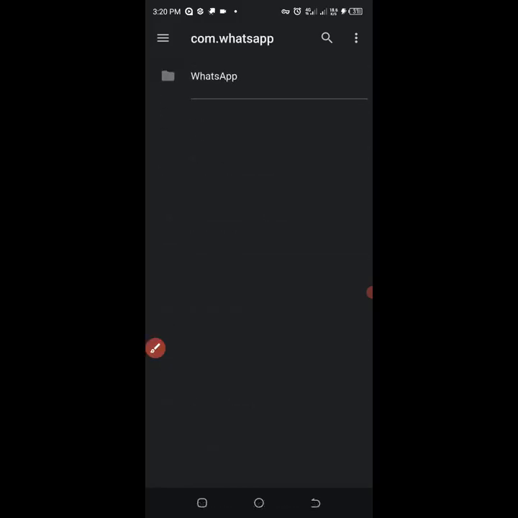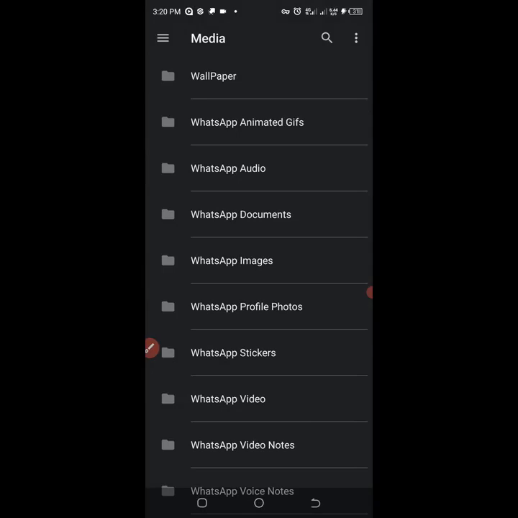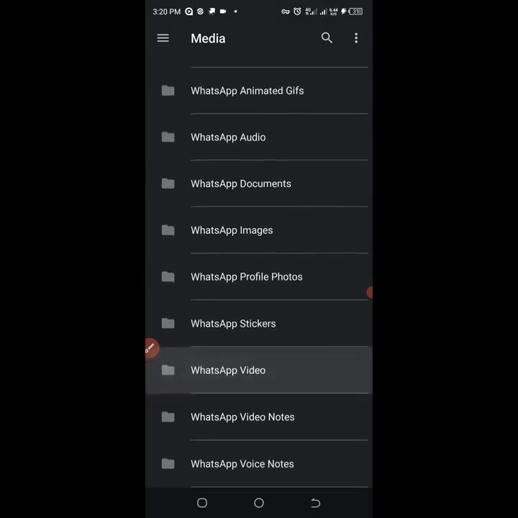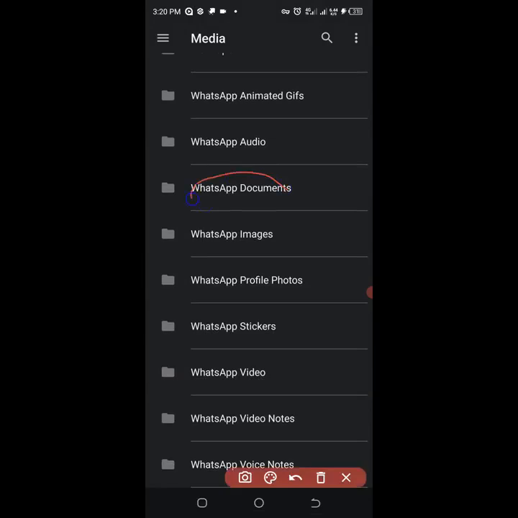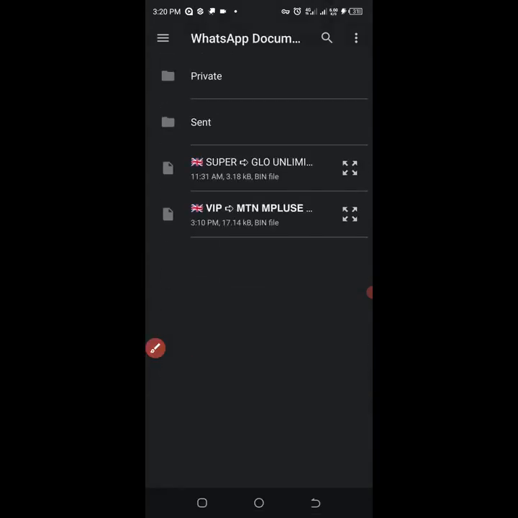When you tap on com.whatsapp, you tap on WhatsApp again. After you tap on WhatsApp, you click on media again. Then you look for WhatsApp Documents. Okay, this is WhatsApp Documents. You tap on WhatsApp Documents and boom, you can see the file is here already. So that is how it will be displayed on your own device. So this is the file. This is the Glow Unlimited file, Super Glow Unlimited. So all you have to do is tap on the file,